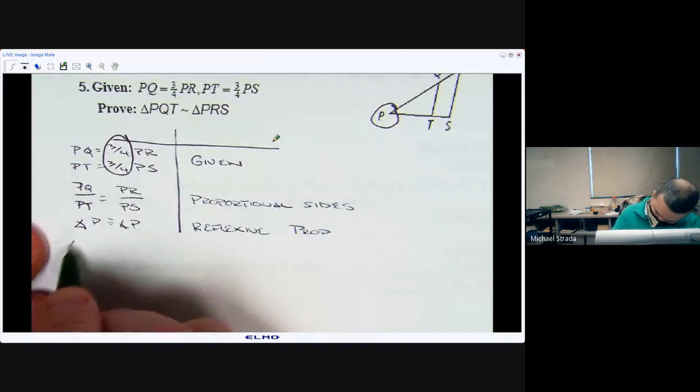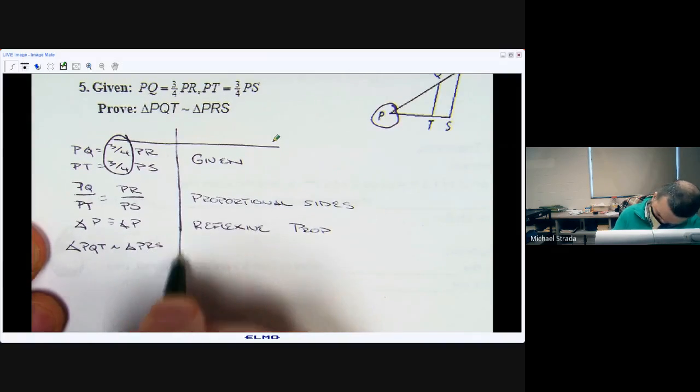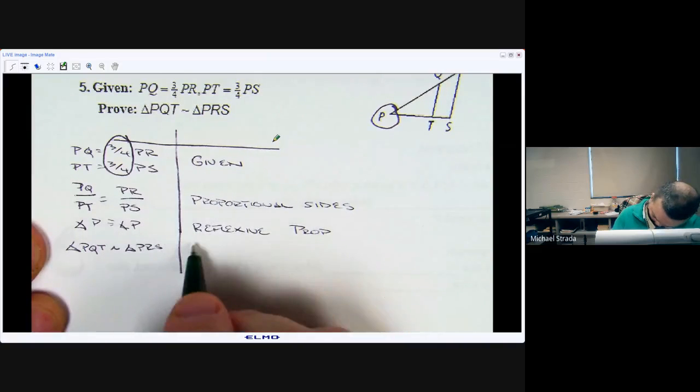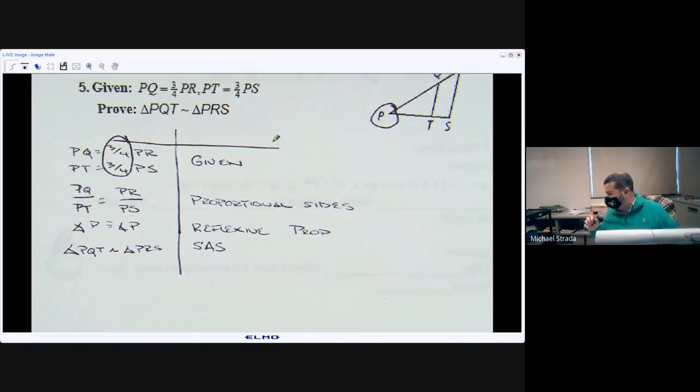And then we can say triangle PQT is similar to triangle PRS, SAS. And again, you don't have to document between postulates and theorems. Not as big a deal as it was with the